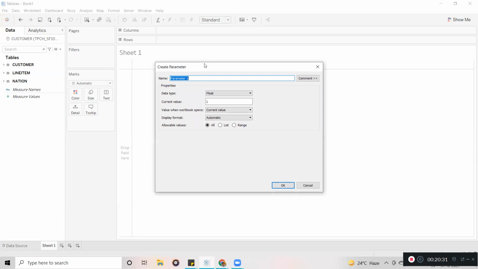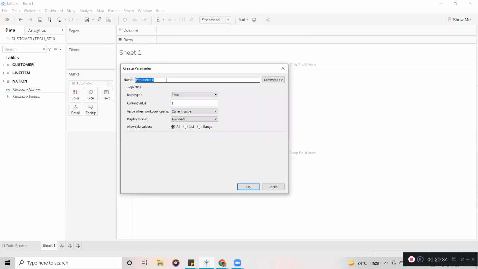Once you click on this, in the parameter window I am going to give a name for my parameter, like blank extract. Just I am giving a name, any name you can give. Now here I am going to take Boolean, either true or false, means if you want to include the data or not include the data.